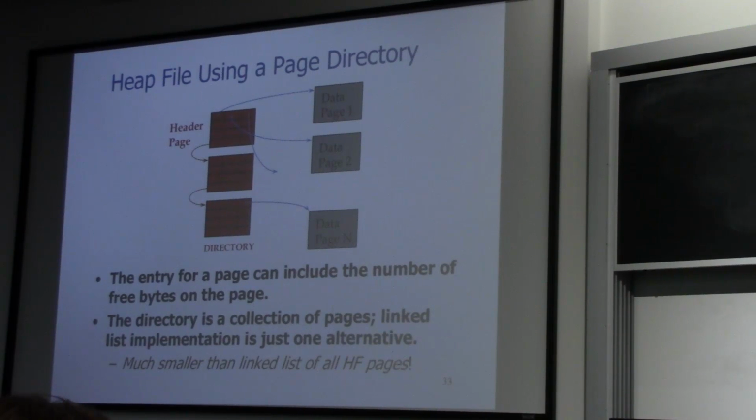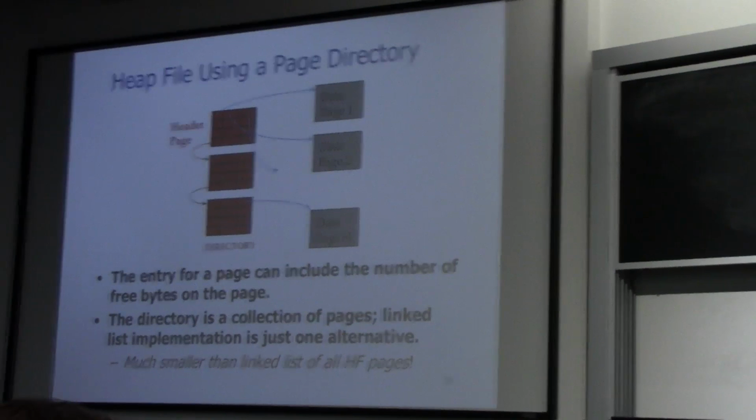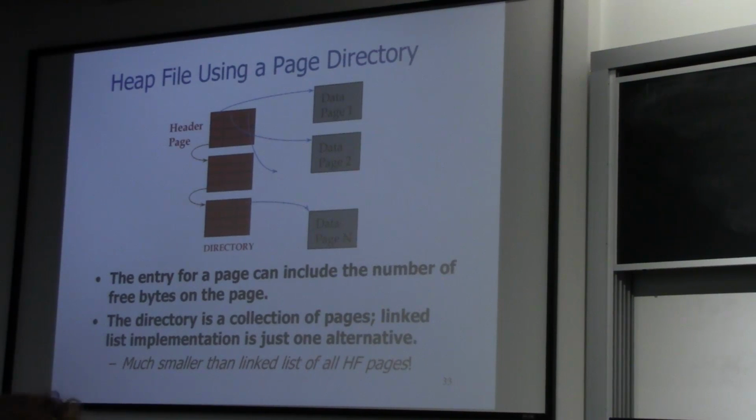Here, the number of header pages will grow as the number of data pages you have in the file grows. However, at a much slower pace. Does it make sense? So that's the trade-off between the two approaches. Yeah. It seems like you could organize your header pages in such a way that the space taken by each entry in that header directory is so minimal that the impact is almost.